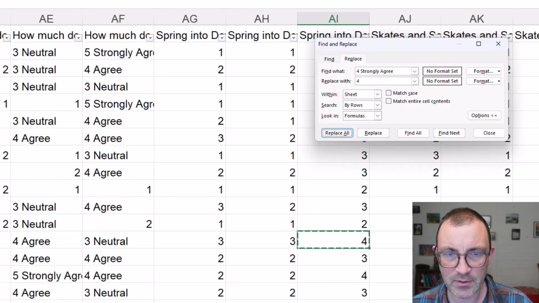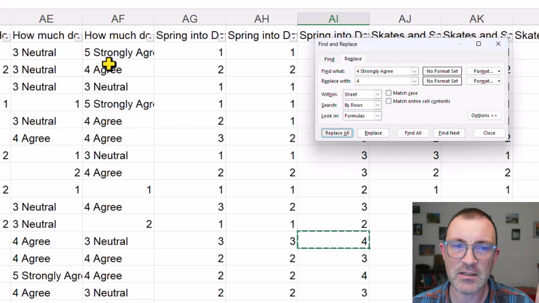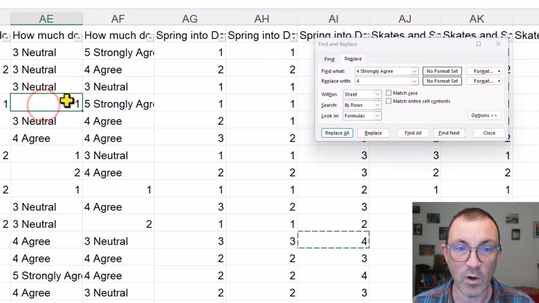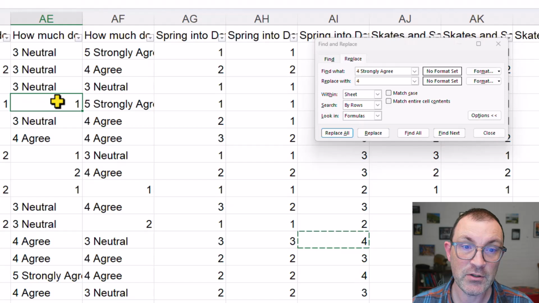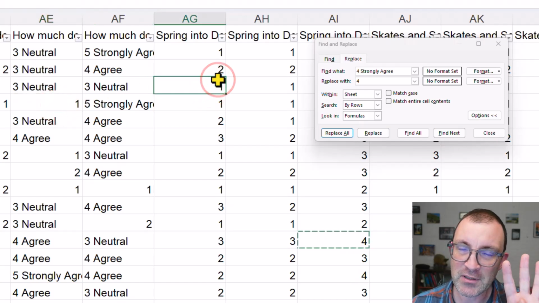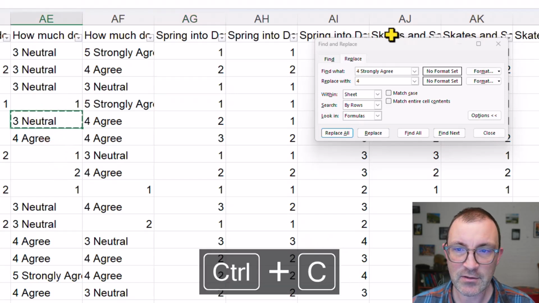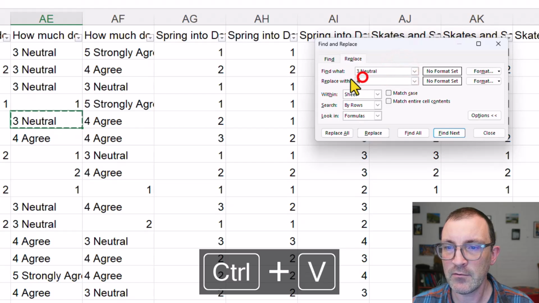Yeah, that's all those ones there. And then because some of our questions we had 4-point scales and 5-point scales, they're going to be slightly different. So for example, the ones here, this is a 5-point scale question, but this one was the same as this one, right? In the 4-point scale. And the 2 was the same, but 3 is now neutral in this one. So we're going to do 3 neutral. Replace with 3,